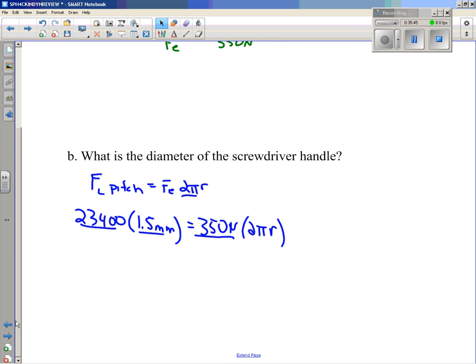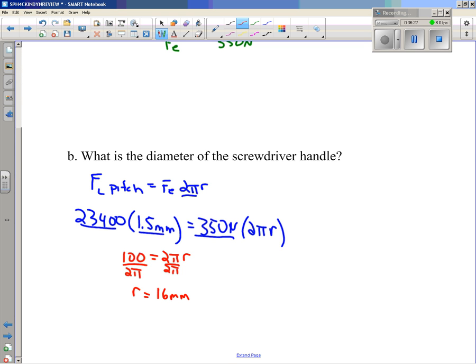So I'm going to get a value and just show you what that looks like. 23,400 times 1.5 divided by 350 equals, and I got 100, basically 100 even. So I got 100 equals 2 pi r. There's a couple of decimal places, but it's essentially 100. Last thing I've got to do is divide out the 2 pi. Divide by 2 pi, and I'll get a value of r. I've got my pi button on my calculator if you don't use 3.14. And it gives me 16